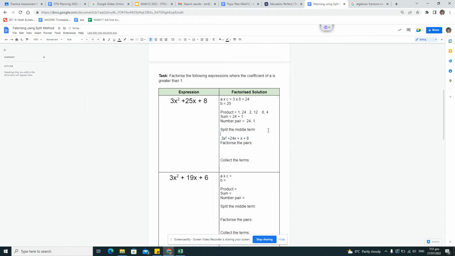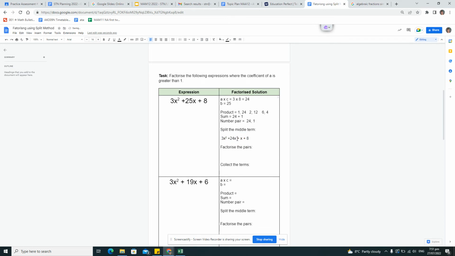Okay, so once you have it at this stage, you then factorise, you split it using a squiggly line. Okay, I'm just going to do a gap here because I'm on the computer. And you're going to factorise the first half, and then you're going to factorise out the second half, finding common factors. Okay, so 3 is a factor of 24. 8 3s are 24, so I can take 3 out because it's a factor of both those terms, and I can also take out an x, all right, because x exists in both of those terms. That would leave me with an x left over because x times x is x squared, plus 8,